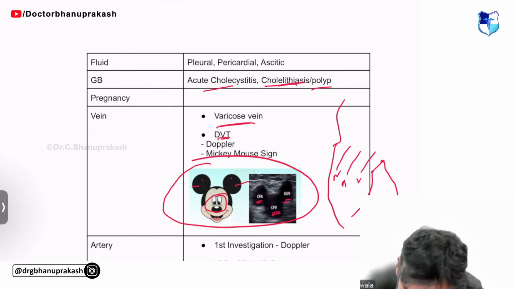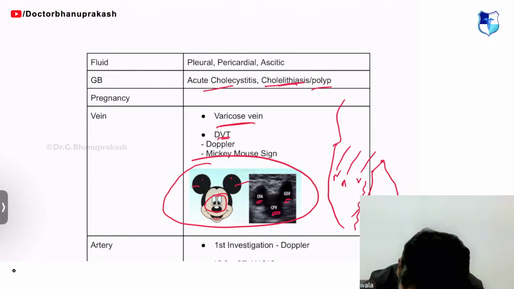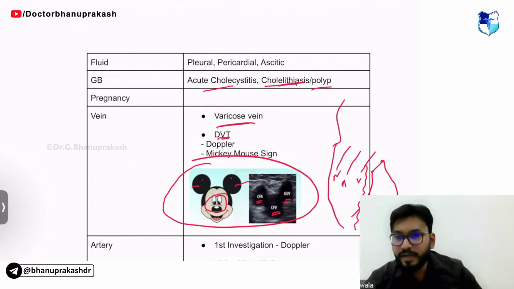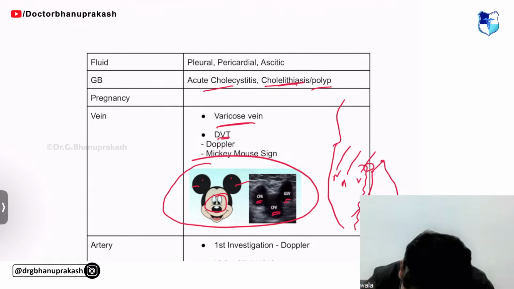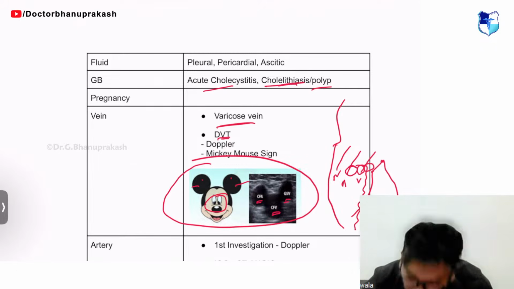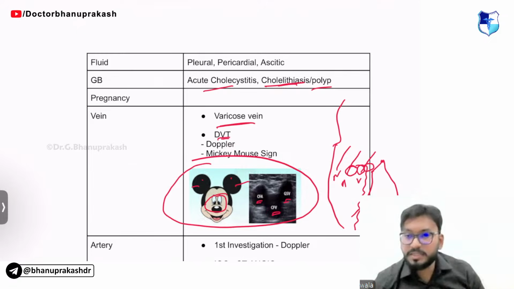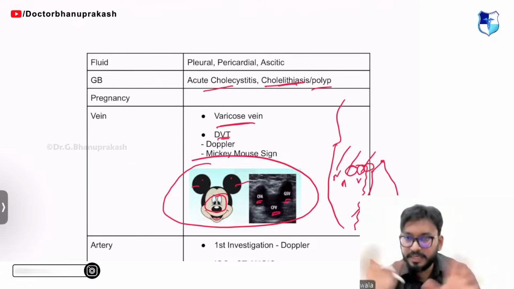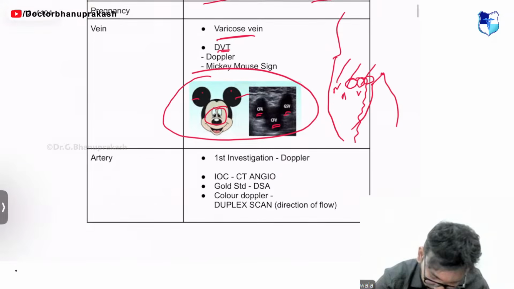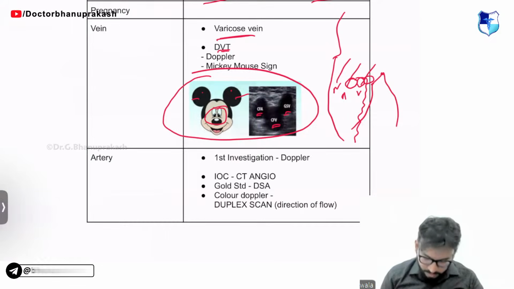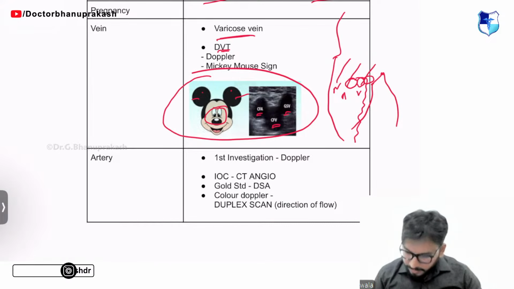We know that the GSV, the great saphenous vein, comes from below and it drains into your femoral vein. So this part, see, guys, the GSV, the common femoral vein, and the common femoral artery, this junction here represents the Mickey Mouse sign. Okay, basic anatomy, basic on a USG, guys. Come on, guys, keep it simple.